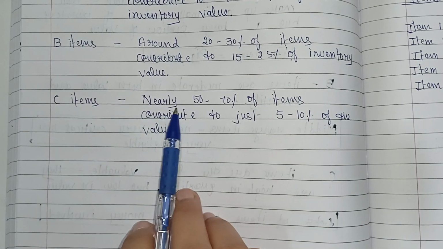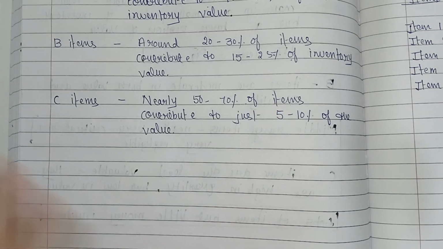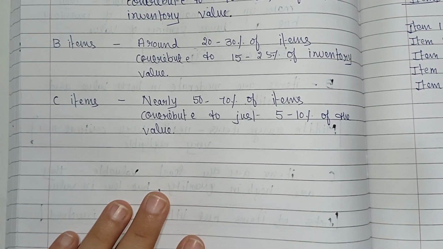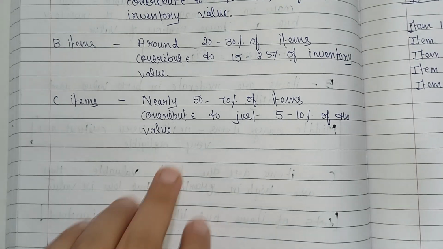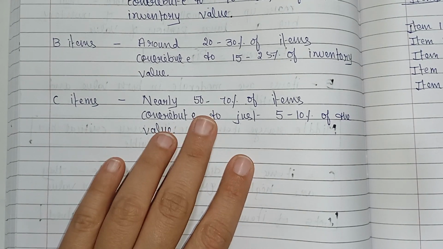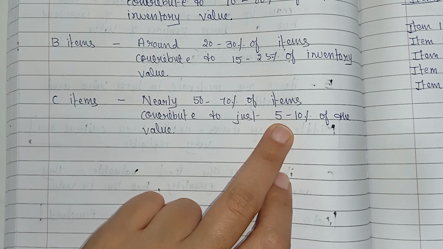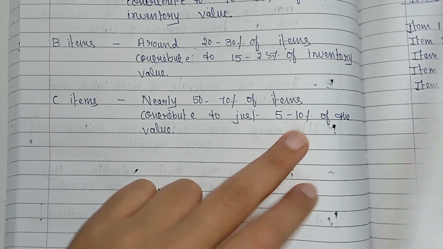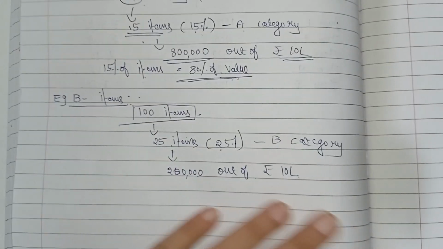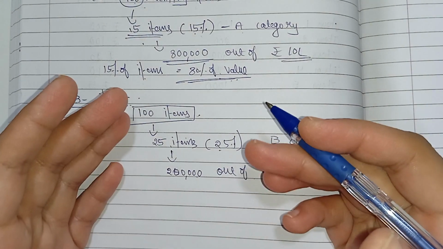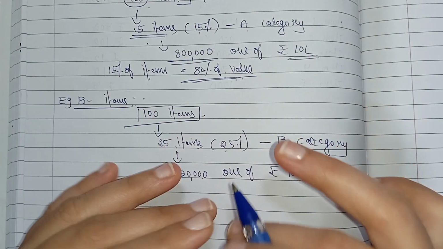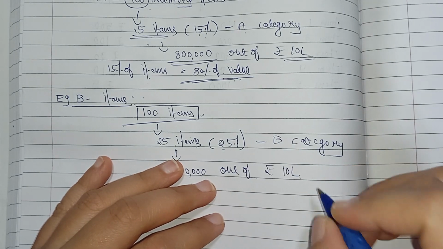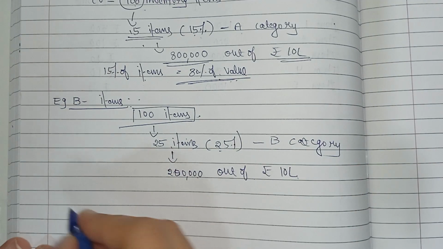It means nearly 50 to 70% of items contribute to just 5 to 10% of the value, meaning more quantity, small amount of money. More quantity, small amount of money. See, the items are many in number but they are cheap and low in value. C items are many in number but cheap and low in value. For example,